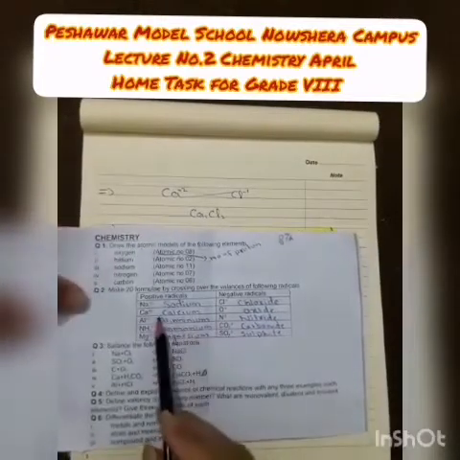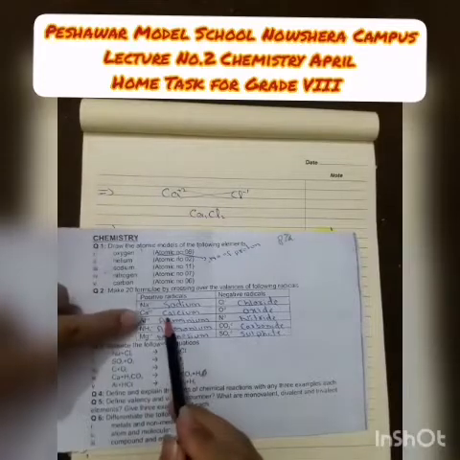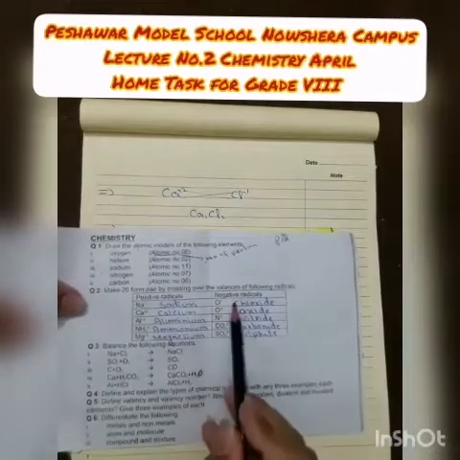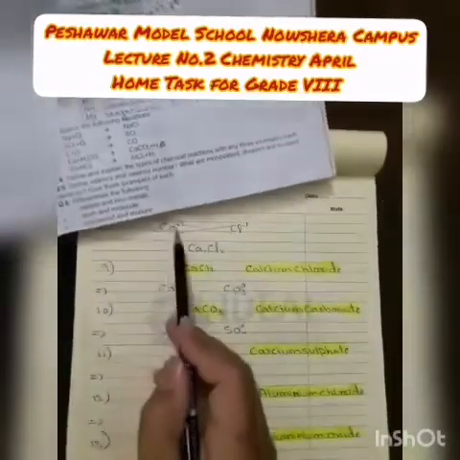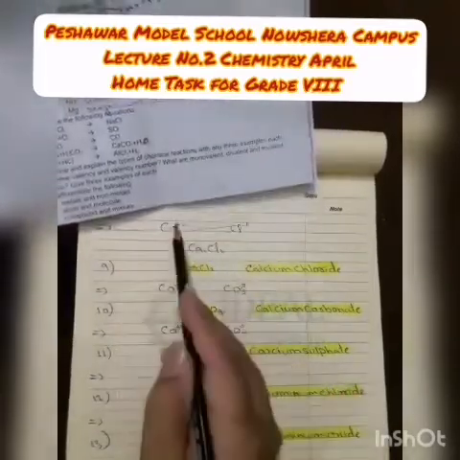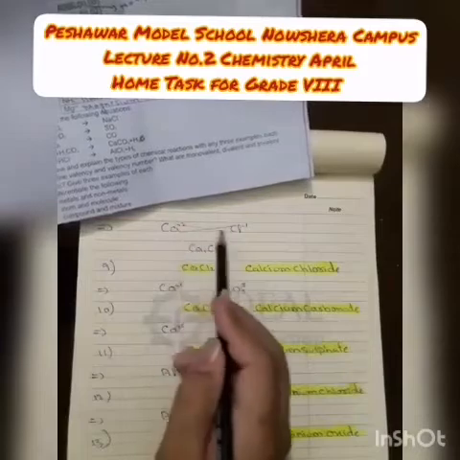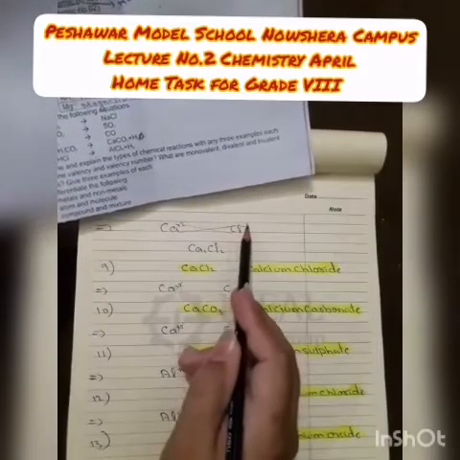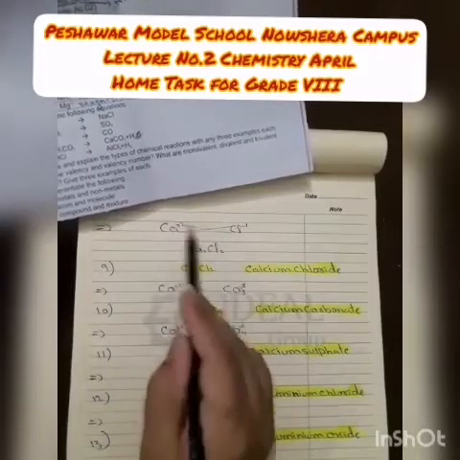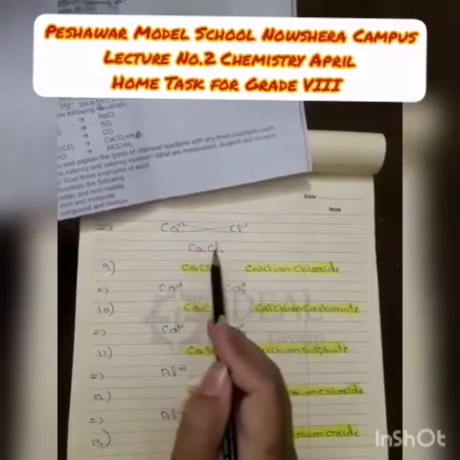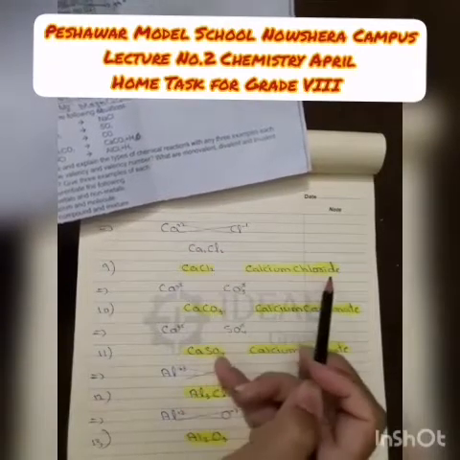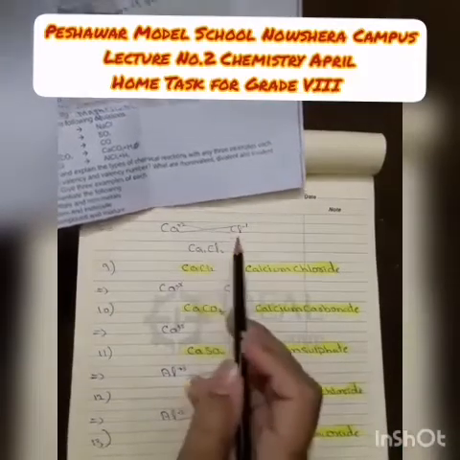Now move toward the positive radical, which is calcium. Calcium will form compounds with all of these negative radicals. Number one is chloride. The calcium valency is plus 2 and the chloride valency is minus 1. Both have different valencies, so we will cross over the valencies. The chlorine valency of minus 1 moves toward the calcium, and the calcium valency of plus 2 moves toward the chlorine. CaCl2, calcium chloride, is formed. This is the chemical formula of calcium chloride. No need to write 1.